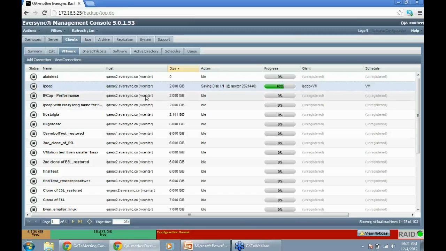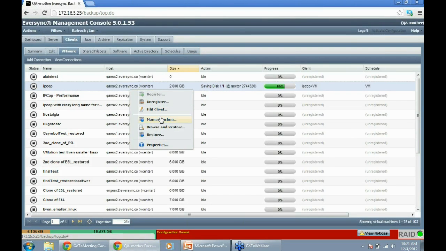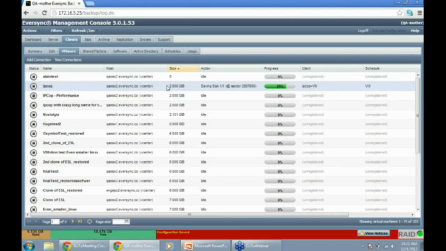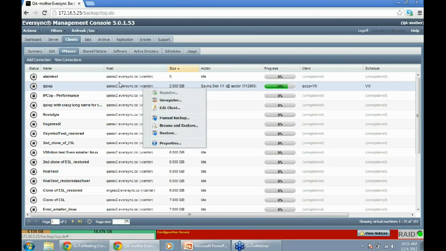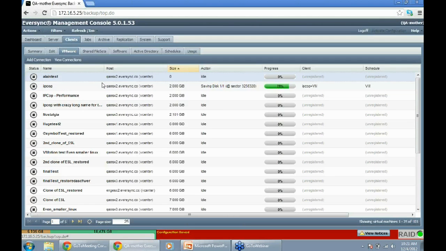And I also have the option when doing the backup, either from the schedule or manually, except I can't do that while it's backing up, to choose a differential or an incremental backup.